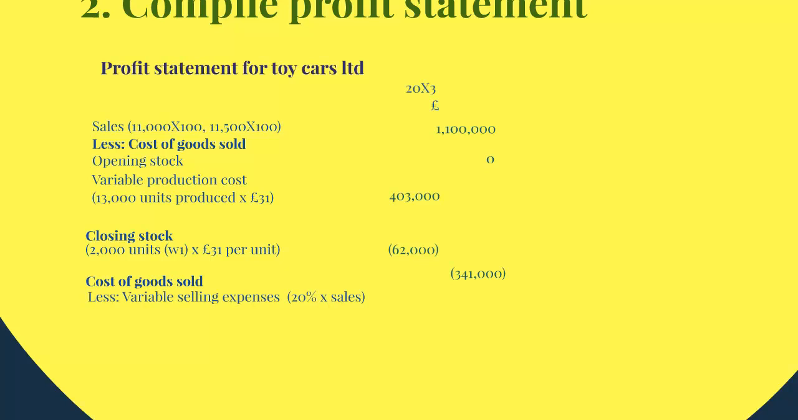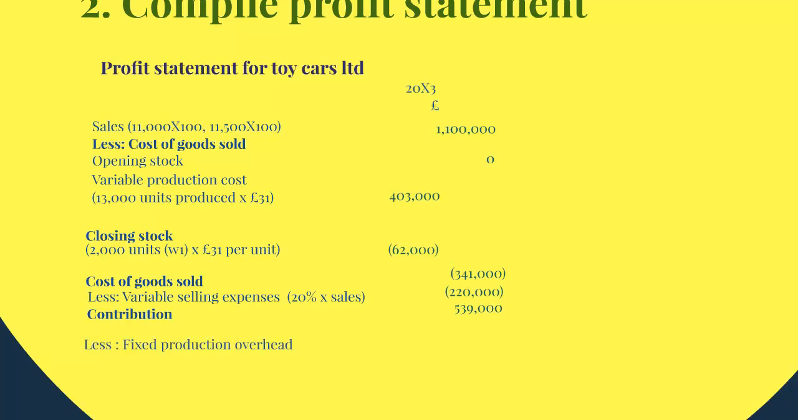£341,000. Now we add our variable selling expenses, which are 20% of sales, and we know our sales was £1,100,000, which gives us £220,000 of selling expenses. So our contribution here, once we deduct the cost of goods sold and the variable selling expenses, gives us